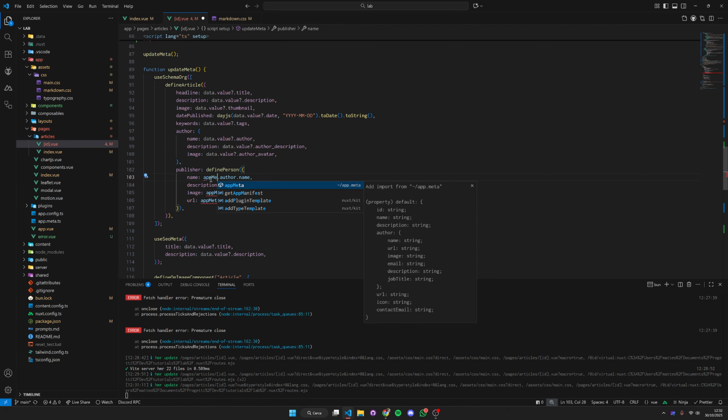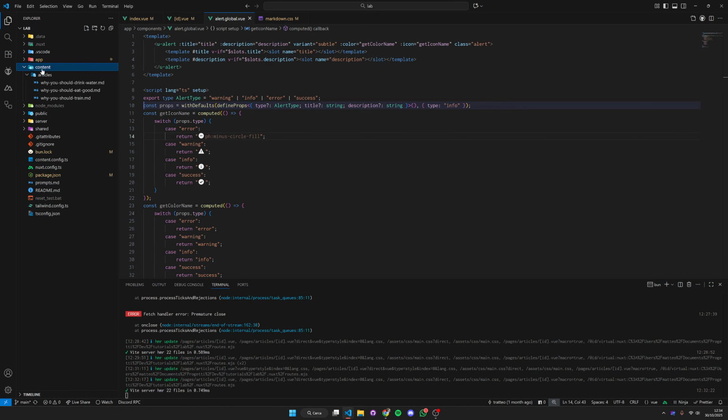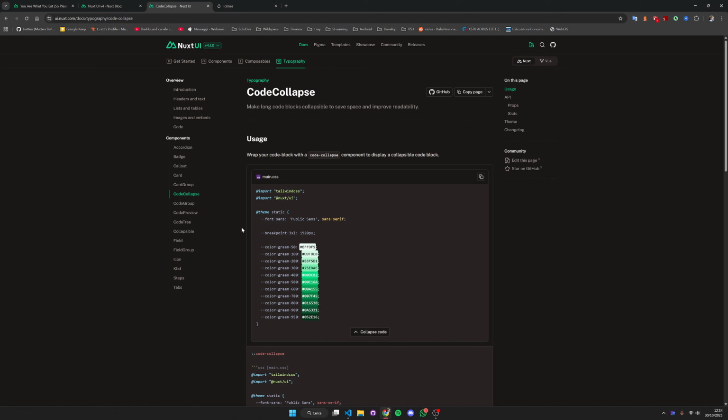Actually, these alerts, we were using our custom made component here. So this alert.global right here. But actually using NuxtUI, the Pro version, we have access to a lot of different components that we can use inside our content. So for example, we have this native card here, a lot of stuff going on here. So what I want to do is just take the Markdown files that we had for our content. So these 3 right here, and just basically convert